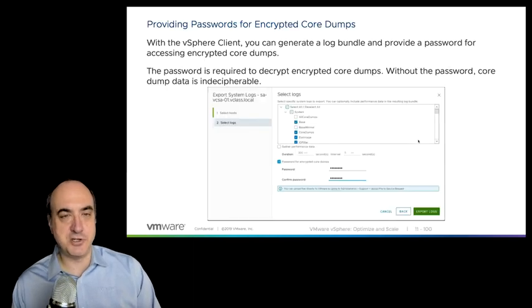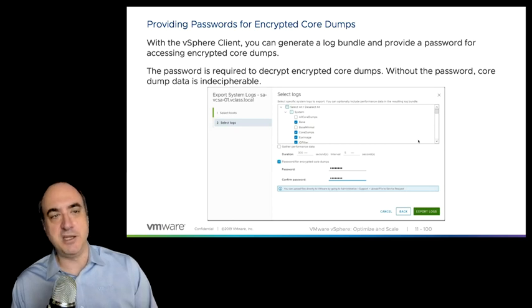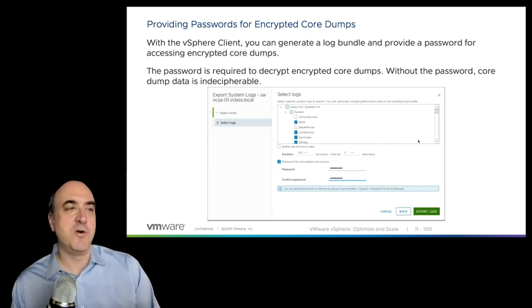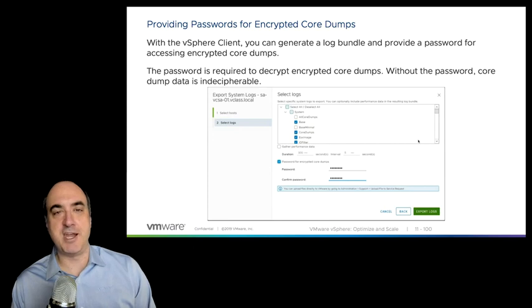So what you should do, if you've had the server crash and you want to have it looked at, you want them to look at the core dump. As soon as that server does the core dump, it's probably sitting at the purple screen. When it reboots, immediately do an export of diagnostic data. When you perform the export diagnostic data operation, what will show in the wizard is a step to provide a password for the